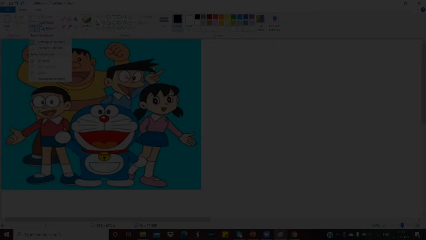The next topic we have to learn is using the freeform selection tool. One type of selection tool is the freeform selection tool. Let's see how we can use it. Click on the selection tool. Select the second option, freeform selection. Click on it. By using this selection tool, we can do the selection by dragging the mouse throughout the boundary of this particular portion of the picture. You can do it like this.